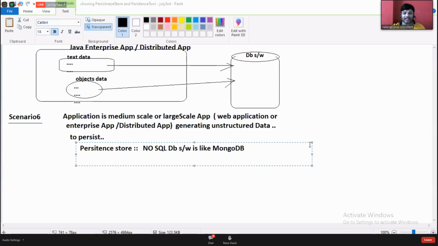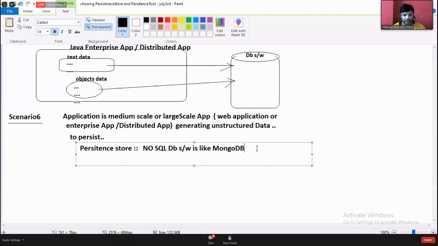JSON is a format to transfer data from client to server, layer to layer, project to project, application to application. It is not for storage purpose. Please, it is not there for storage purpose. It's something like this.